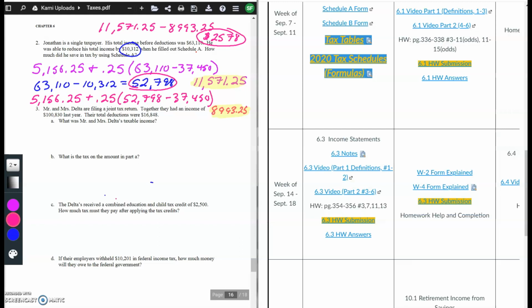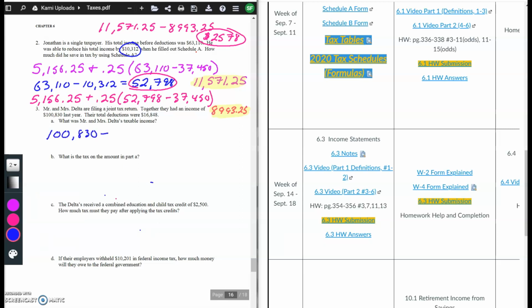All right, for number 3, it says Mr. and Mrs. Delta are filing a joint tax return. Together they had an income of $100,830 last year. Their total deductions were $16,848. What was Mr. and Mrs. Delta's taxable income? So for this one, you want to take their income of